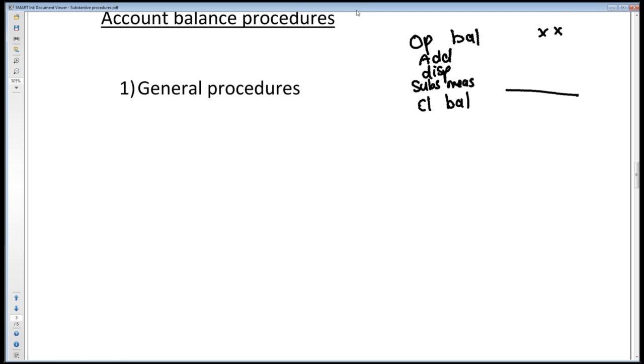Opening balance plus additions, less disposals or removals, less subsequent measurements gives you your closing balance. This is the amount that sits in the financial statements. This is the amount you are auditing. It is literally a balancing figure. It's not its own amount. It got to this amount because of this adjustment here. That IFRS subsequent measurement made sure that this amount here is the right value